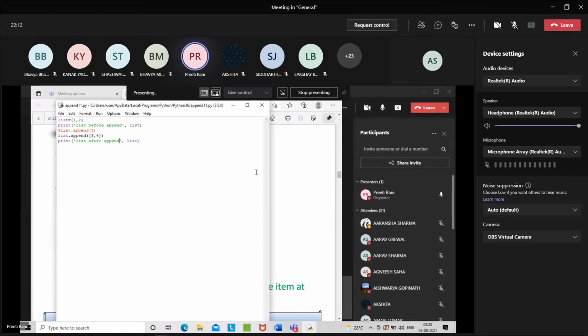So kindly read each and every line of whatever I'm teaching. Ma'am, which chapters will be asked in the paper? Say, if I'm asking one question from you, what is the difference between append and extend, tell me. So this will be the theory part. And technically if we are writing the program, that will be the practical part.